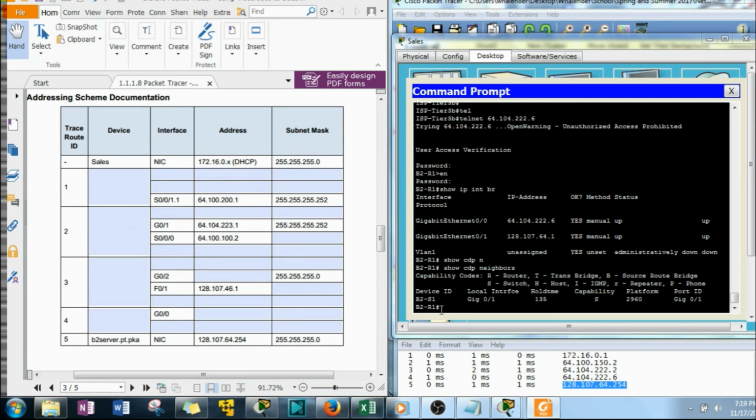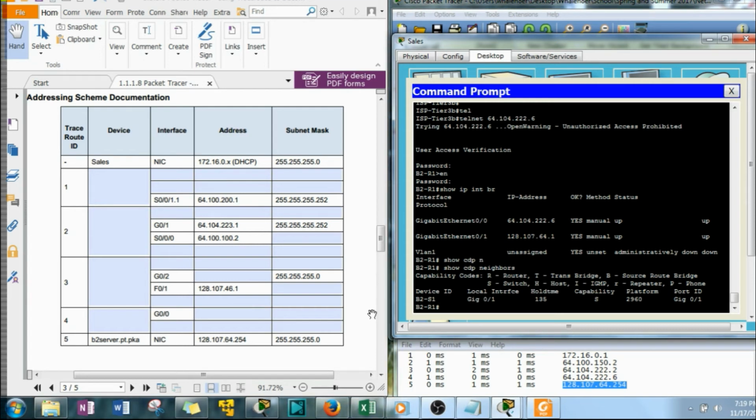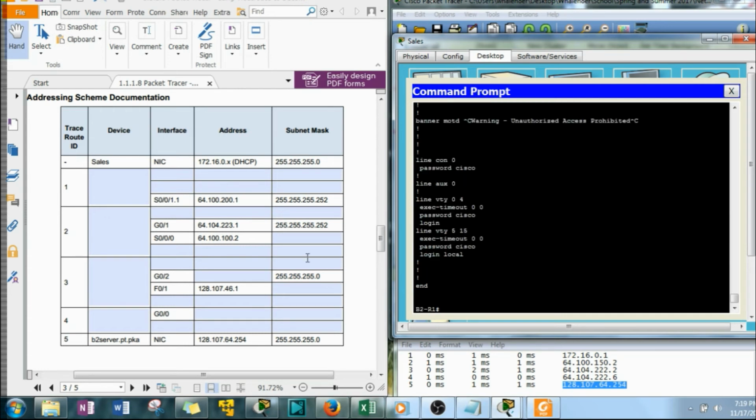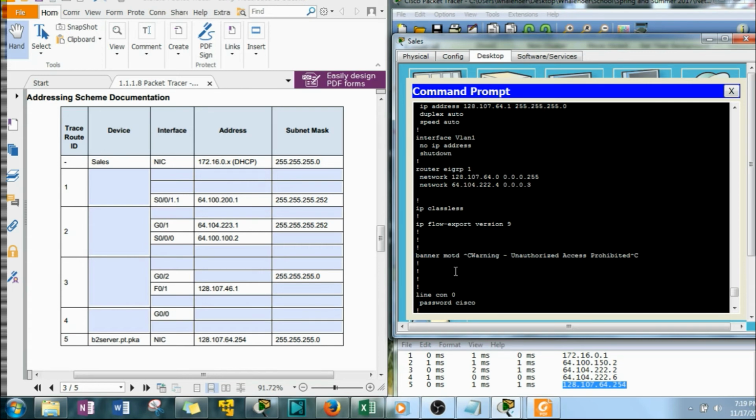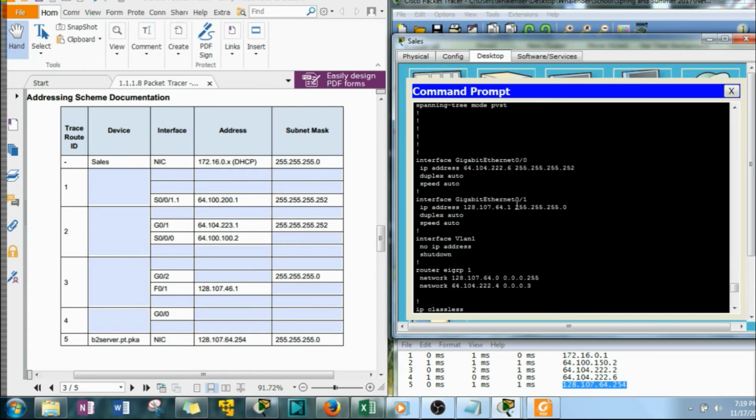Now, what I like to do is I like to work my way backwards through these interfaces. Now, if you have been keeping up with me and filling this in as you go, kudos to you. I'm just not that smart. And I like to go show run because I get both the IP address for the interface and the subnet mask. So I find that on G01,